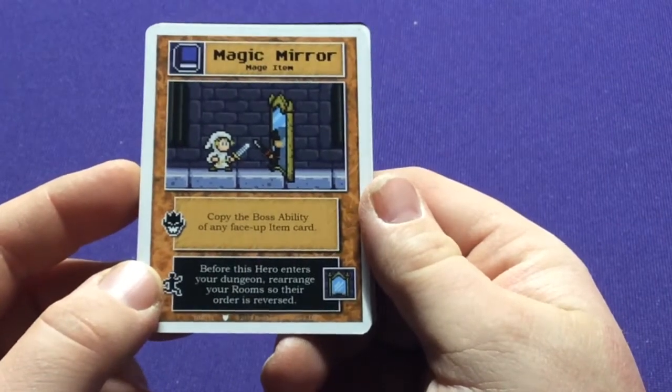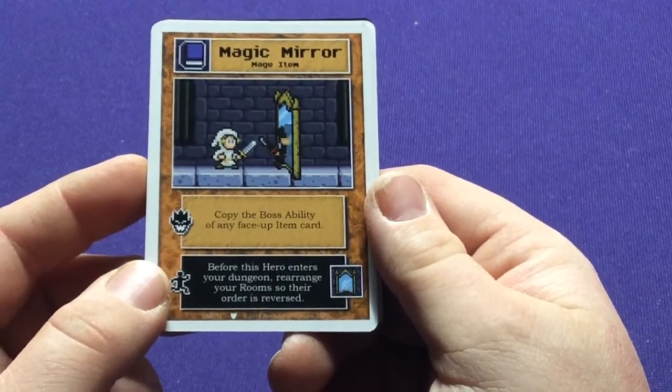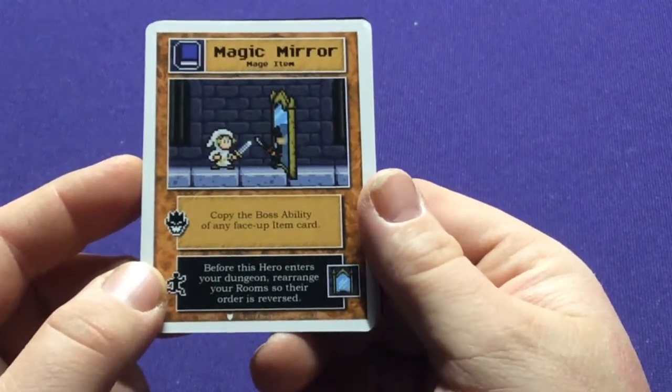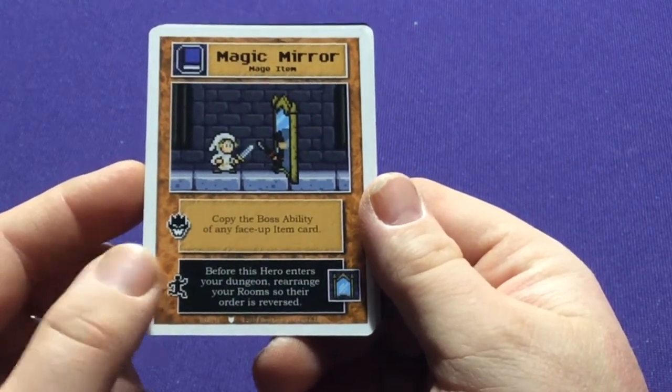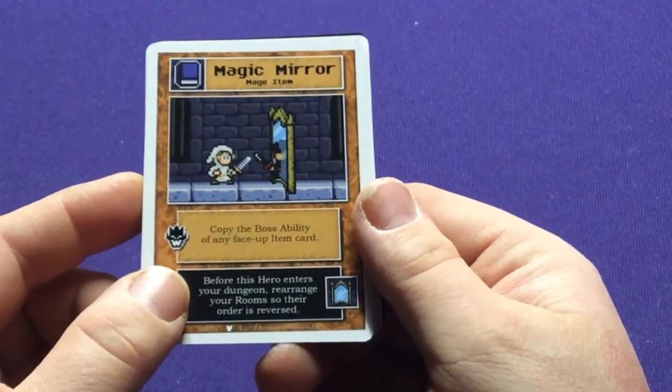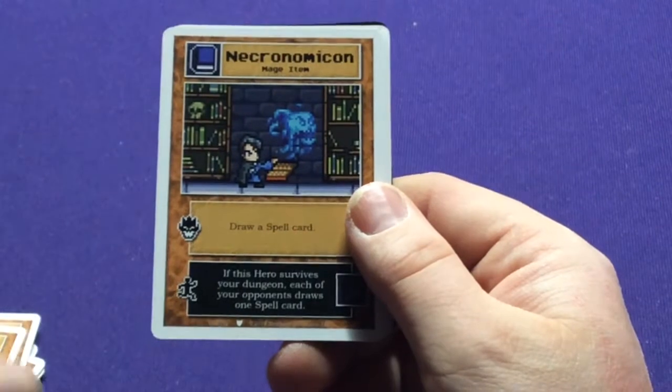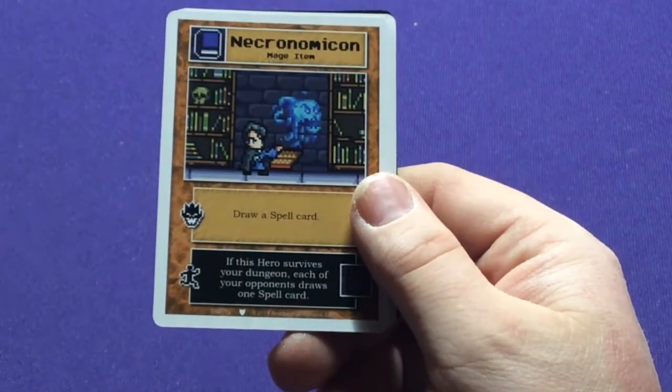So we have Magic Mirror. Copy the boss ability of any face-up item card. And before this hero enters the dungeon, rearrange your rooms so that they're in reverse order. Oh man, he's fighting his duplicate. Kind of like the dark version. Like you do in Castlevania all the time. And then